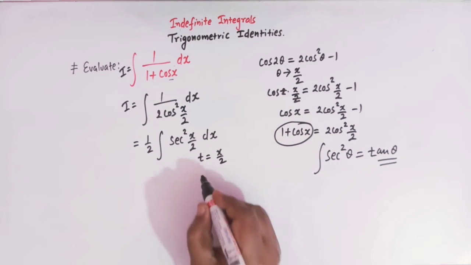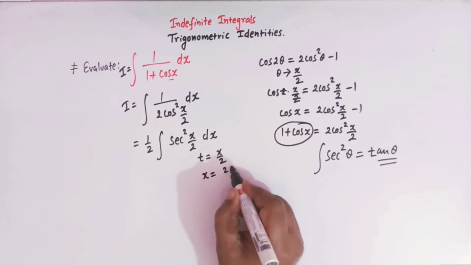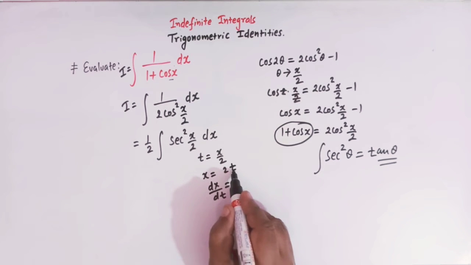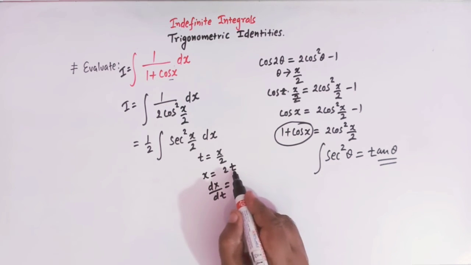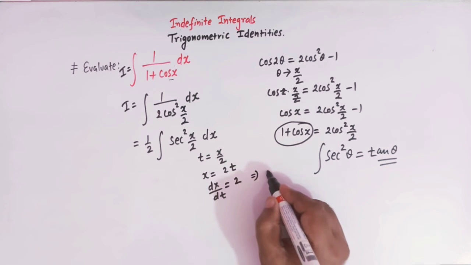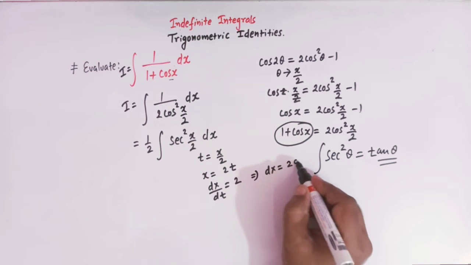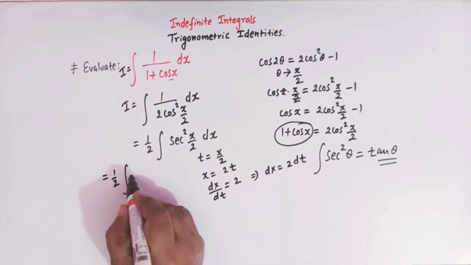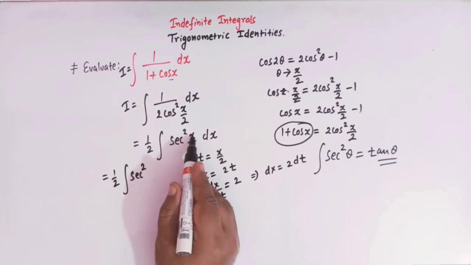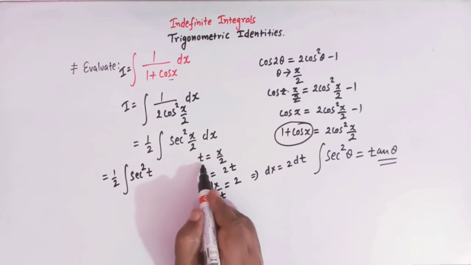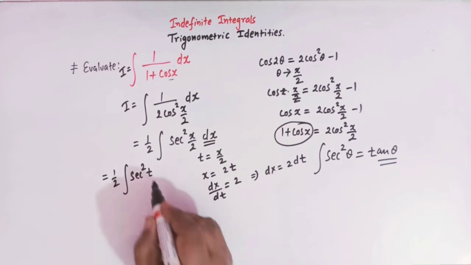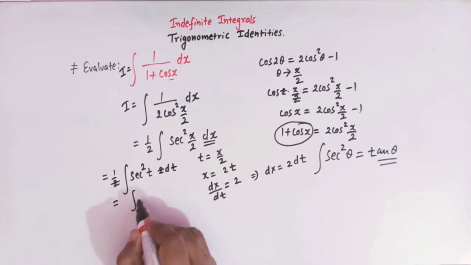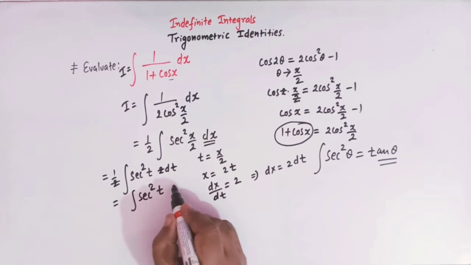So t is equal to x over 2, so x is equal to 2t, and dx over dt, that is differentiating both sides with respect to t, we get 2 because the derivative of t is 1. So we have now dx is equal to 2 dt, right? So now this integral becomes half, and we have sec square t, because x over 2 is t, and for dx we can write 2 dt, right? And this 2 and this 2 get cancelled, and we get secant square t dt,